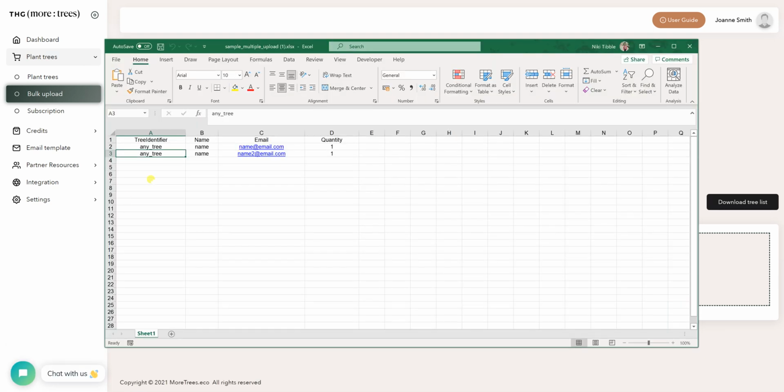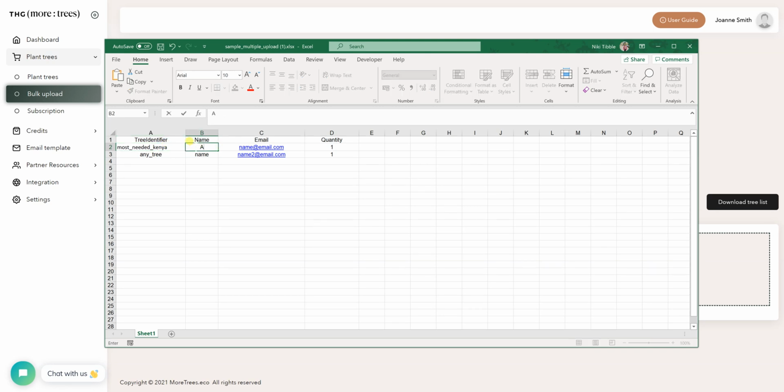And the sample spreadsheet is where I would enter the tree identifier, so the one I've just copied, and then the person's name, or the people's name, so I can do up to 1,000 entries in this spreadsheet, email addresses, and the number of trees that I want to plant. So for this, I'm just going to do it for 1 person just to show you. And then I just want to save that, close it,